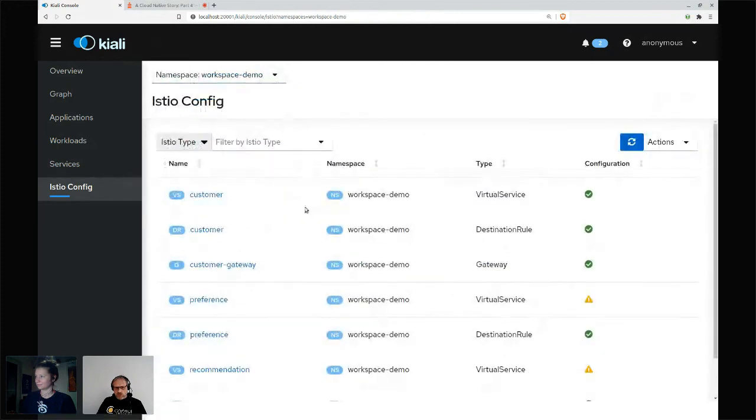And overall, we have these settings for all three microservices. So we have a virtual service for routing the traffic and the destination rule for defining where to route to. So far, so good. Now let's connect my local test system